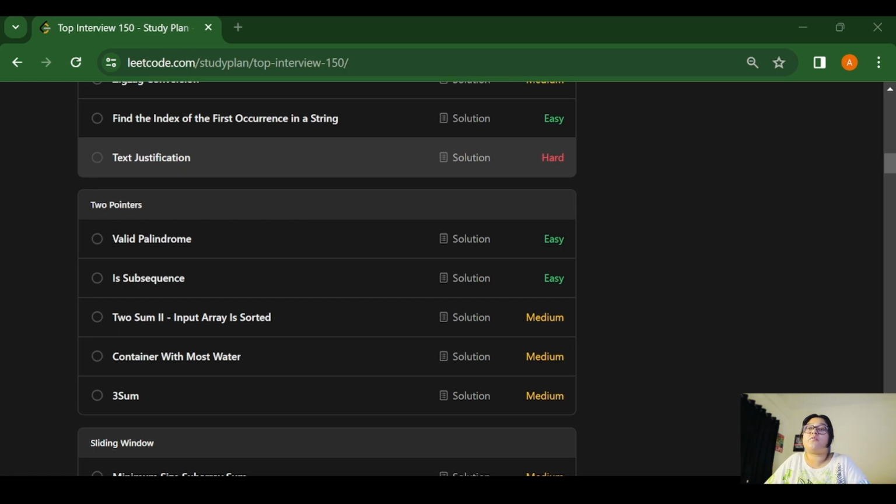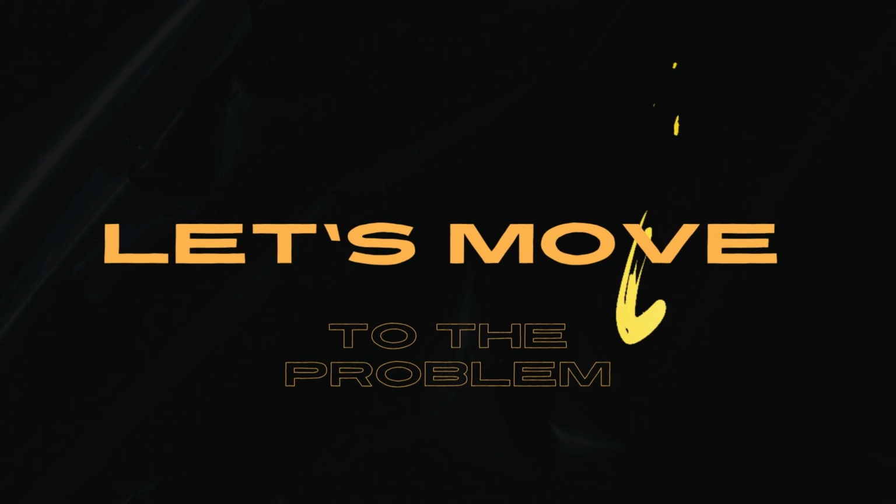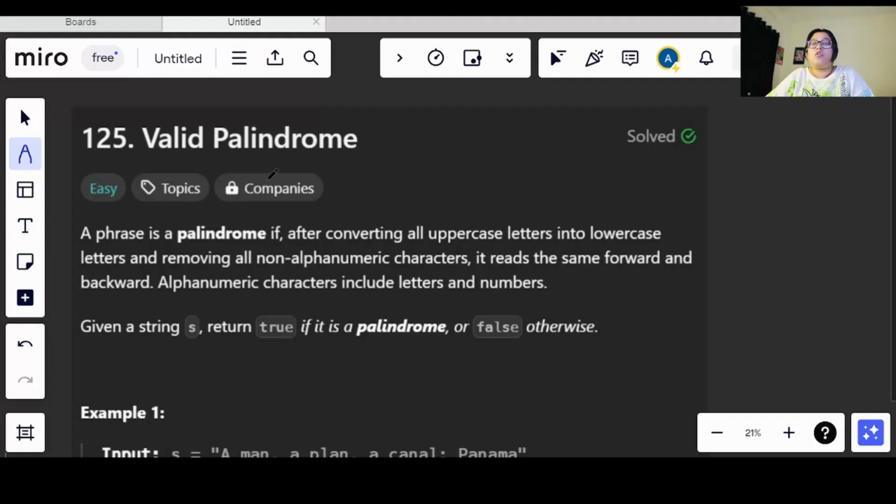So now let's move on with the problem description. In this problem, we will be given a phrase, and what we need to do is convert all the uppercase letters into lowercase, and remove all the non-alphanumeric characters, okay, and it should read the same forward as it does backward.